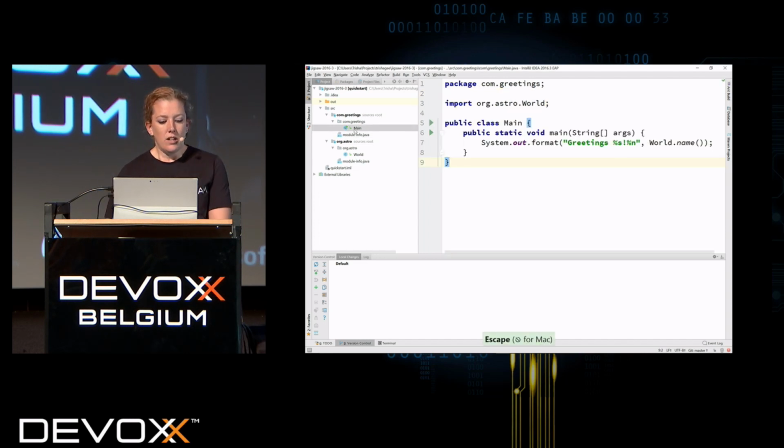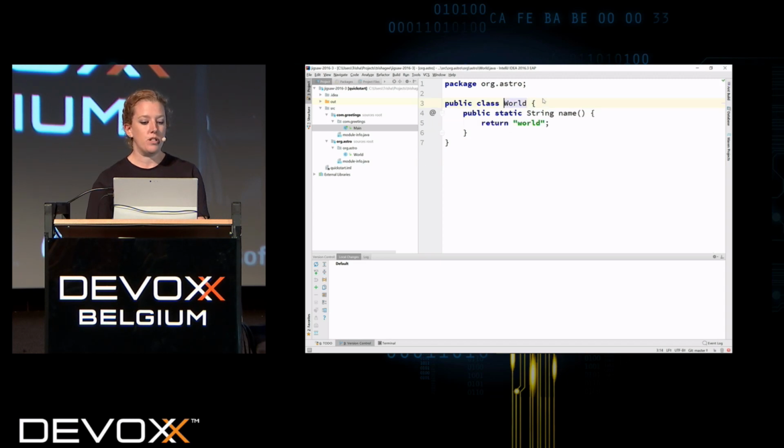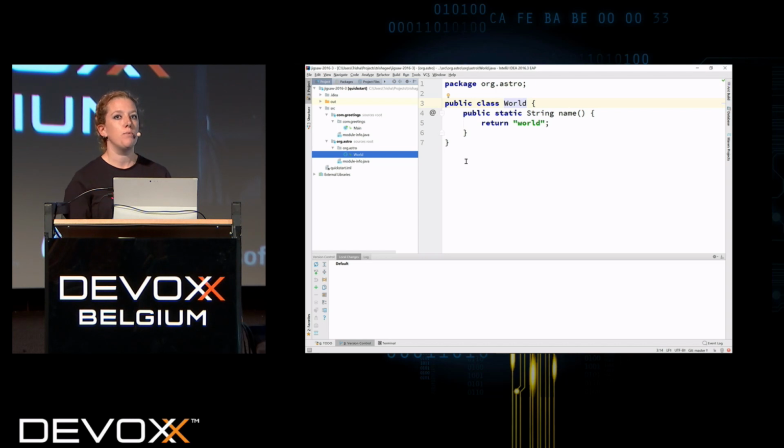functionality, if you like. Note that the module that you define in Jigsaw has to correspond to the IDEA module, otherwise it's just not going to work properly. Yes, and it is working properly because it correctly imports the class from the other module. So we have very rudimentary support available right now in IntelliJ IDEA 2016.3. I can see that you all care about that because you're all using Jigsaw right now, right? But it's there, so you can start using it.